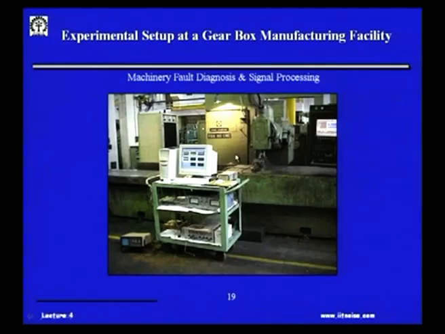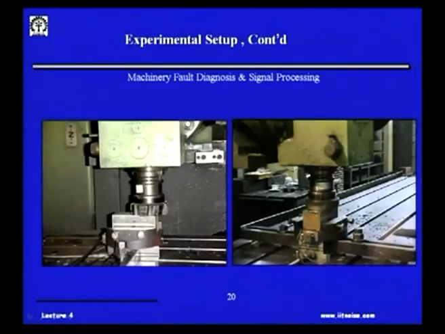These experiments were also done with the same tool at a much higher depth of cut to bring in failure quickly, and such levels were done in an industry where the force level, the cutting speeds, the depth of cut, etc. were very high. And then you can see in the same industry how this spindle is being monitored through a vibration sensor here, through a force sensor sitting here behind, just below the workpiece,